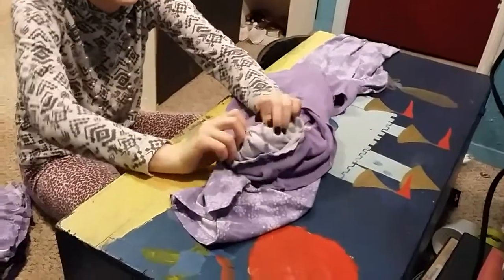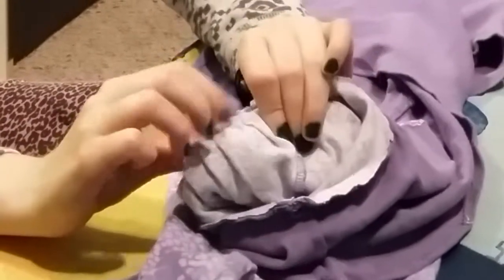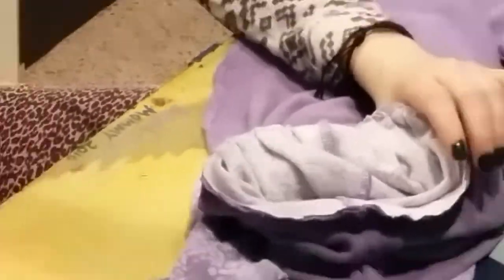And over here, there's one place where I folded over it here, and then I folded over the opposite direction here, so there's a large pleat right there. And then I did, I think, 3 more on this side. Technically that's 4. And then same on the other side. And so it looks like this on the inside. So if you do the opposite of this, it'll look like this on the outside, which will make a completely different outcome. But having it look like this on the inside means that outside there's sort of like billows